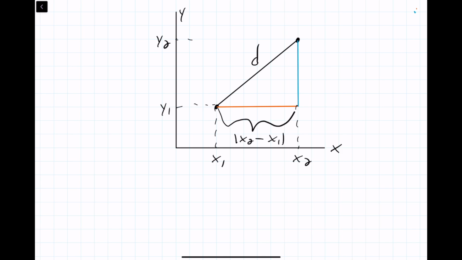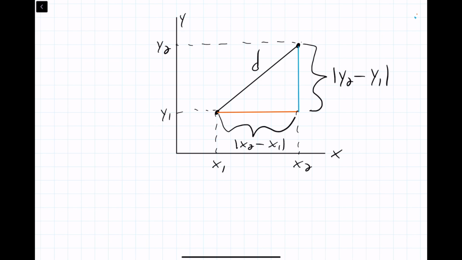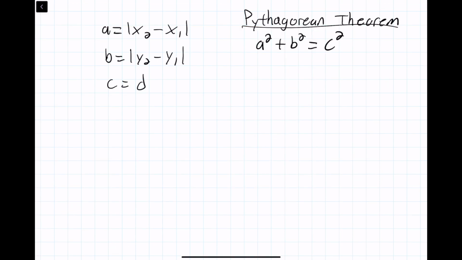And for these points here, the distance between the two y values is the absolute value of y2 minus y1. So because we have a right triangle, what we can do is use the Pythagorean Theorem. We can call the horizontal line A, the vertical line B, and the hypotenuse C. So A is equal to x2 minus x1, B is equal to y2 minus y1, and C is equal to d. So subbing in the values for A, B, and C from what we derived from the above slide, we get